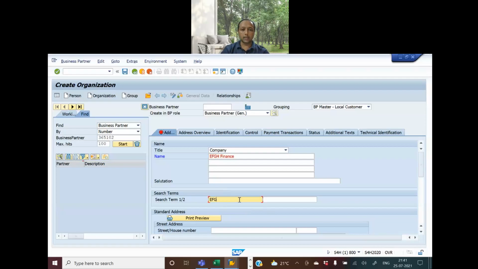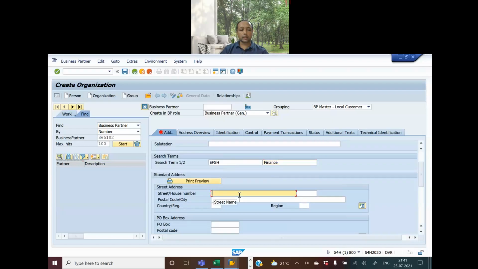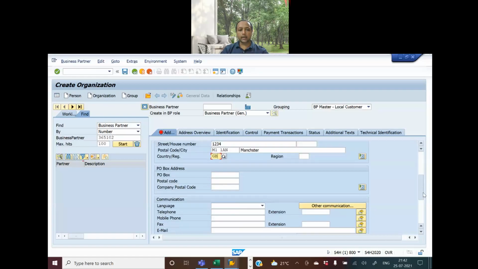Search term is EFGH, second is FINNC Finance. And then street number is 1234. Postal code, Manchester. Let me see, M1 1IN, and I give Manchester, and country is GB, Great Britain, and then I select the language English,